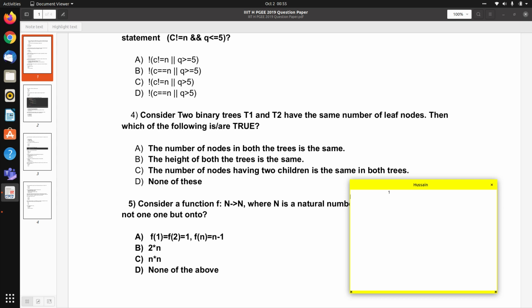So 1, left child is 2 and right child is, let's say, 3. This is T1.